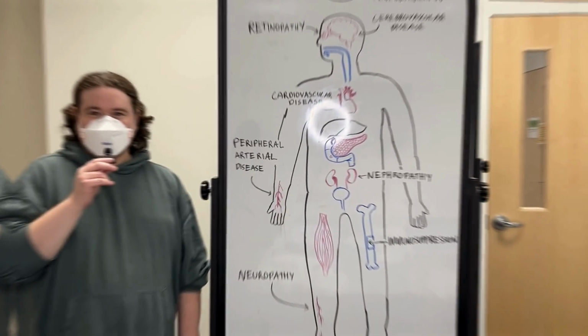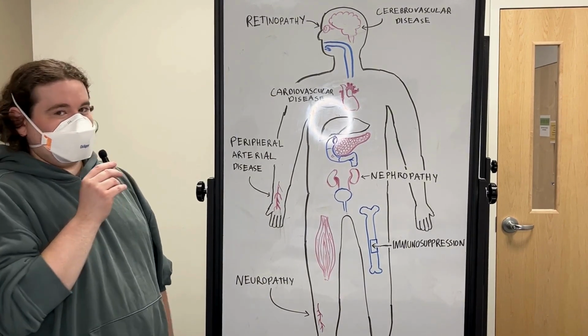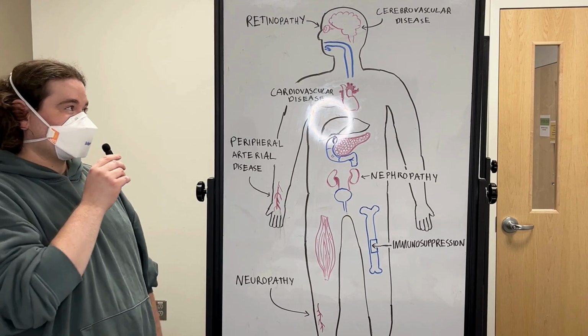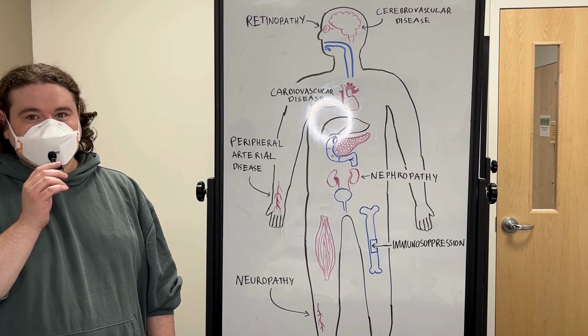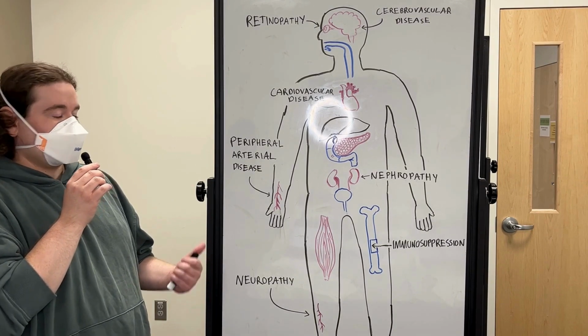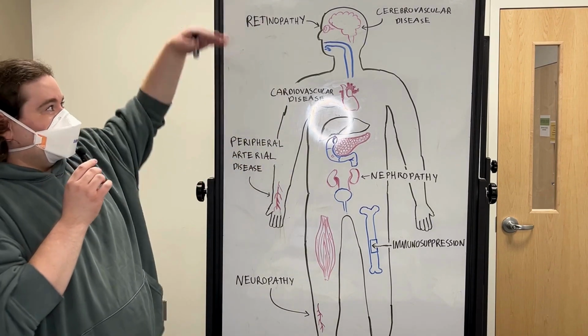Someone might be curious to know what type of effect this disease has on the body and on the organs inside of it. Since diabetes is a chronic and systemic disease, it can impact many different organs and many different organ systems. Many of those effects stem from the impact that diabetes has on the circulatory system as well as the nervous system. So, for example, starting from the top,